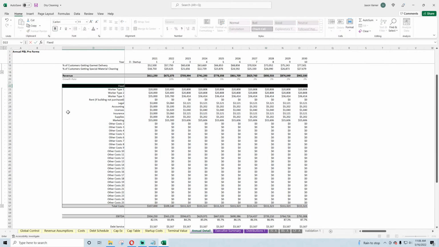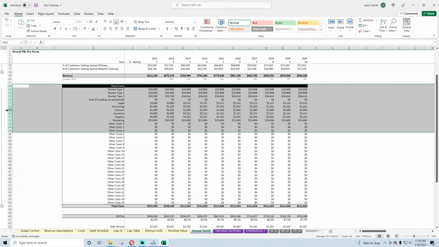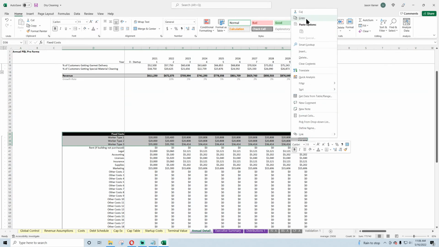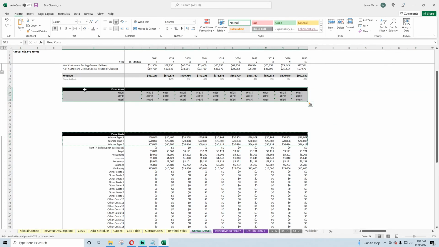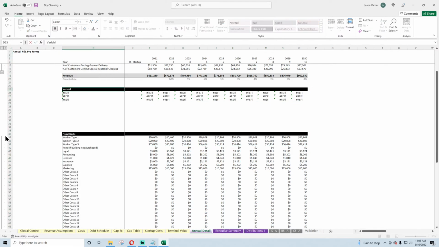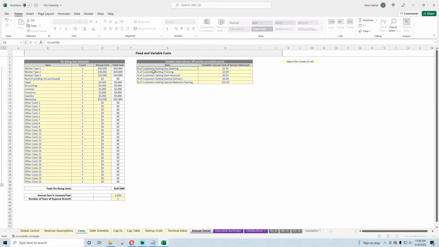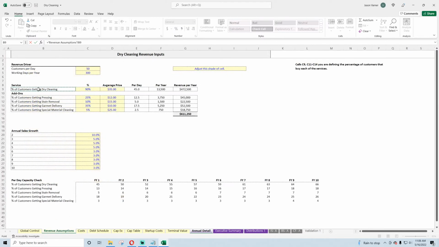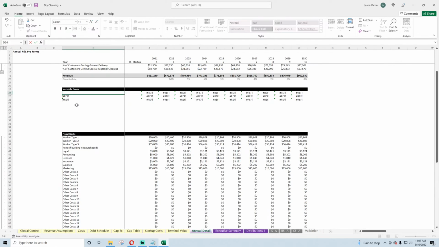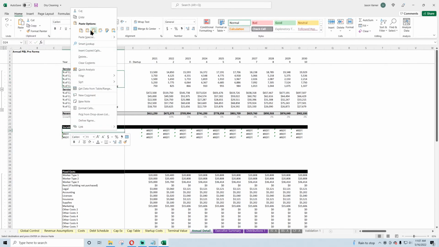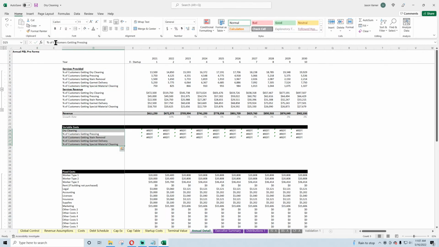So fixed costs are here. We're going to add something called variable costs. We don't have many, we can insert here. And then we granulated it down based on per type. How do we do this? We're going to have to just hard code that in. So it's these, but we only need to see this: dry cleaning,